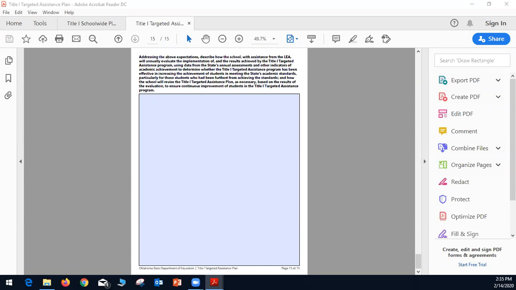Yes. So you can work on this template now until the application is ready to be uploaded in GMS, but then you will have to upload the plan and submit the application all at once. You'll do that in GMS.